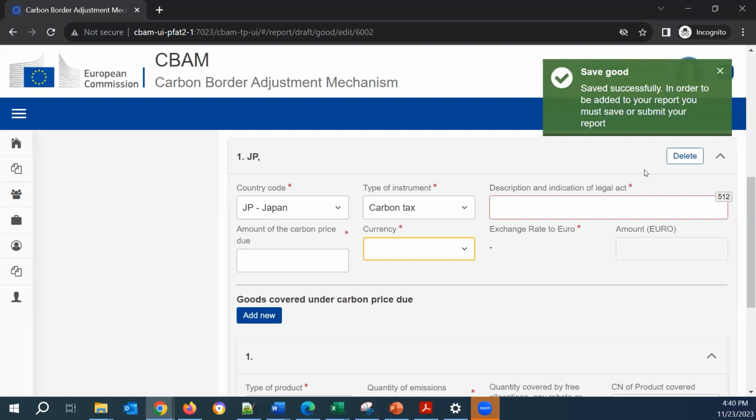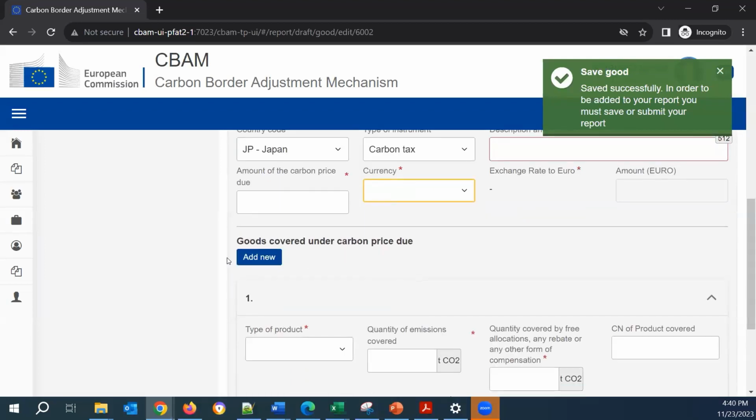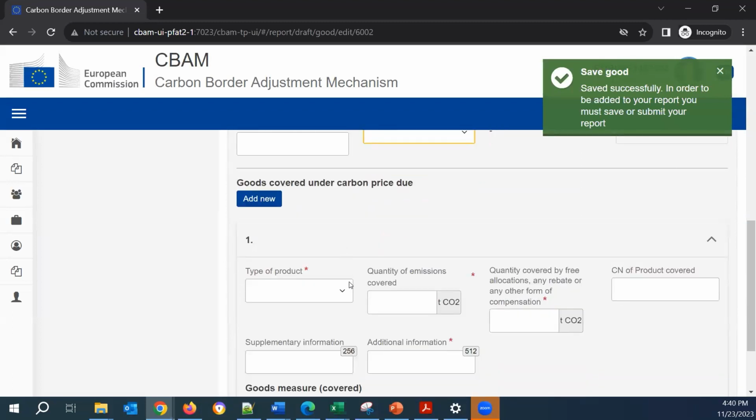Apart from these fields here, we will also need to declare the type of product that this carbon price due is applicable to. Is it the actual product or other materials?